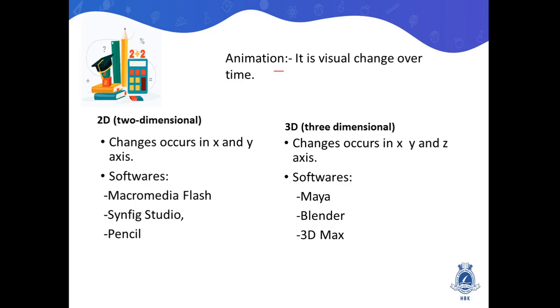Some examples of 2D software are Macromedia Flash. Macromedia Flash is widely used in the professional world. We know that Adobe, which developed this software, Macromedia Flash, is widely used to perform 2D animation in the market. Second, we learn the open source software Synfig Studio, whose details are given in the syllabus, chapters 1 to 5. We learn this in detail in the next topic.